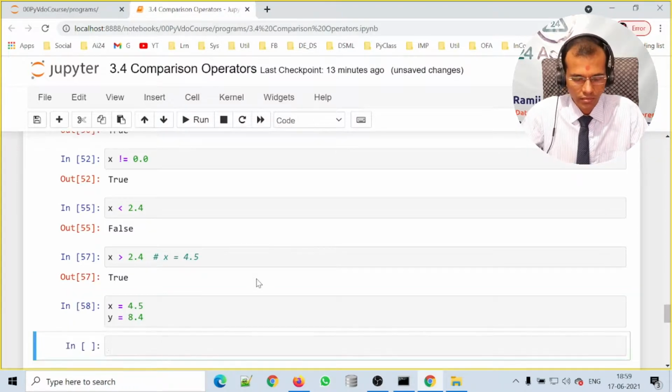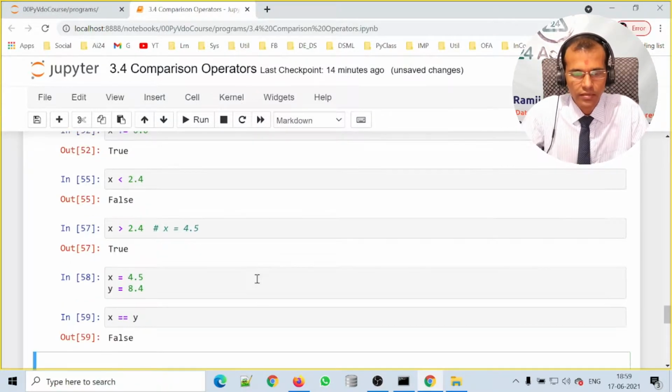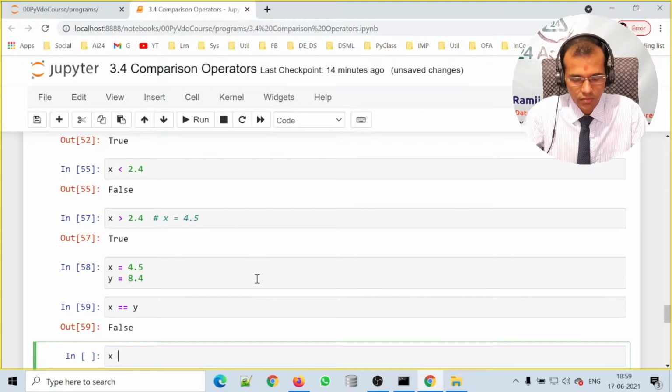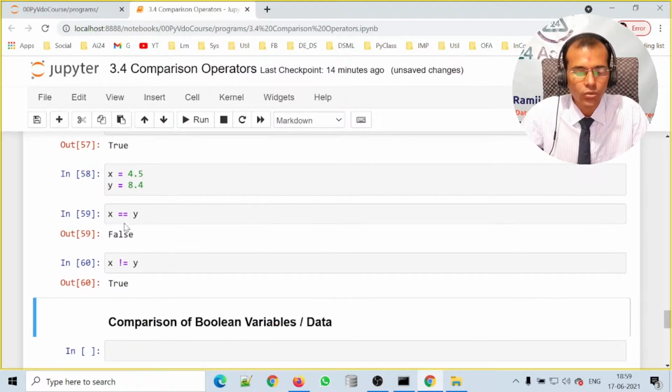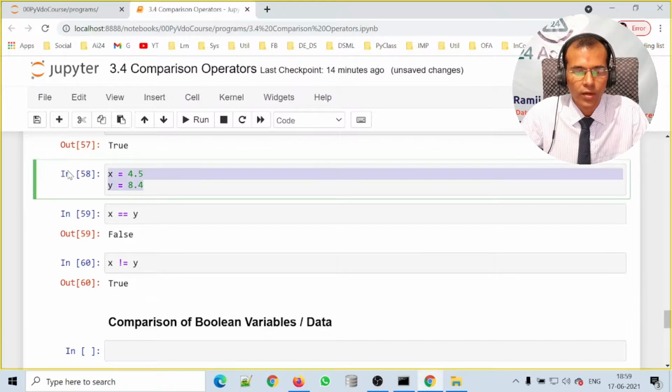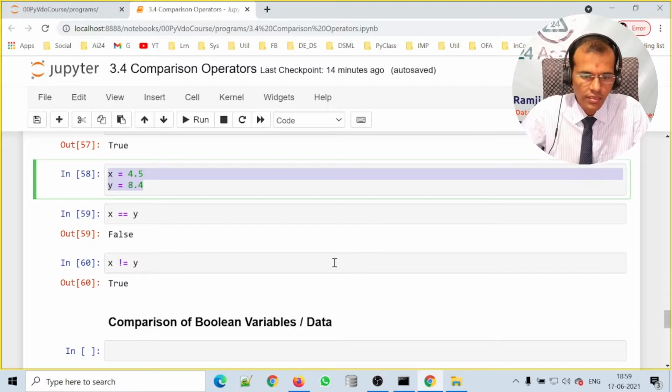Here I have created two variables, and now let me check. x is equal to y, it returns false, right? Now let me check x is not equal to y, it will return true because x and y are different, because x is 4.5 whereas y is 8.5, and hence both are not equal, and hence it is returning true.